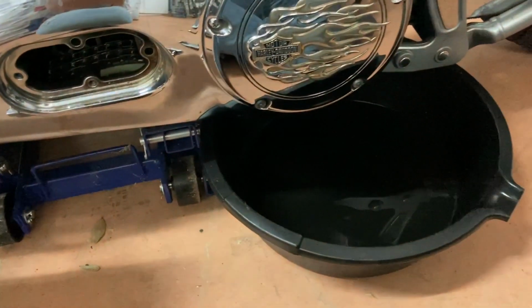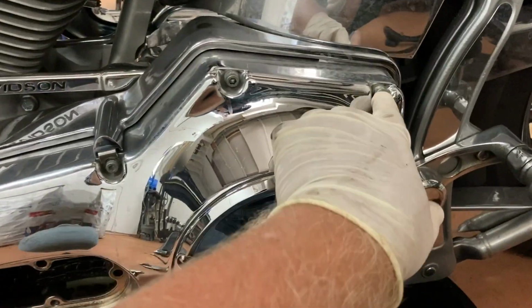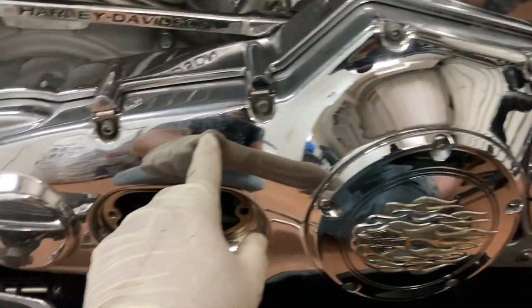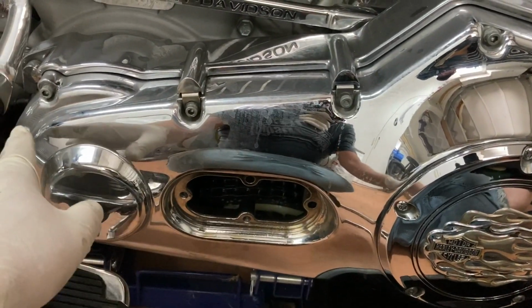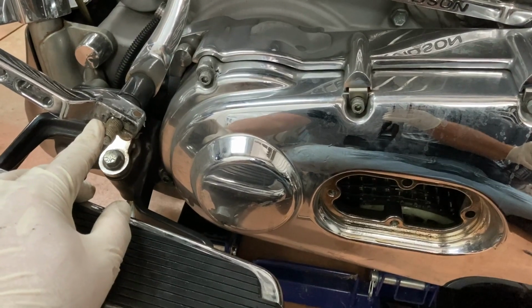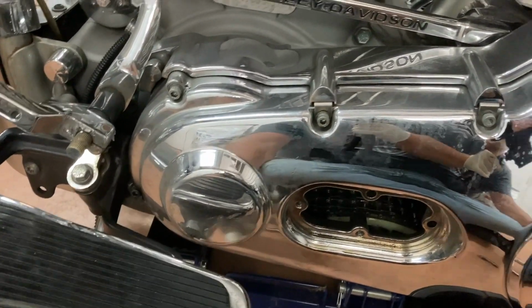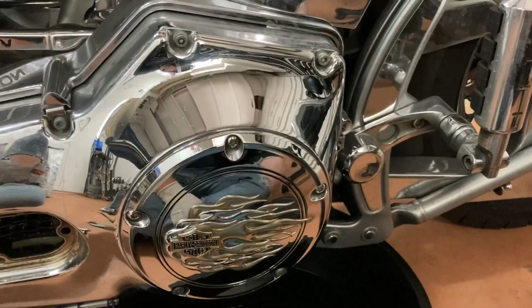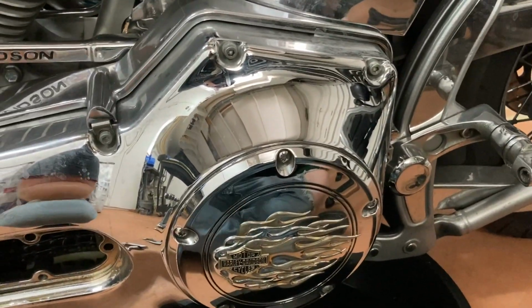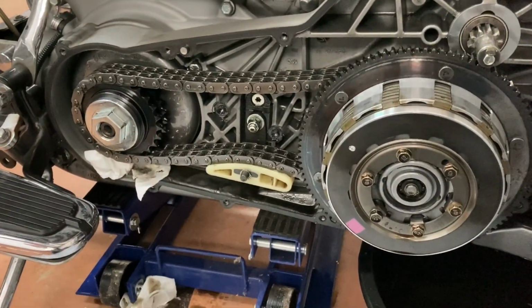All right guys, so we got all the fluid drained out. Now we're gonna pull this cover. So all these bolts all the way around the cover. I also had to pull off my rear shifter to get it out of the way. And then just pull all the bolts all the way around it, pull the cover off, and then we'll see what's going on. Alright guys, so I got the cover all off,